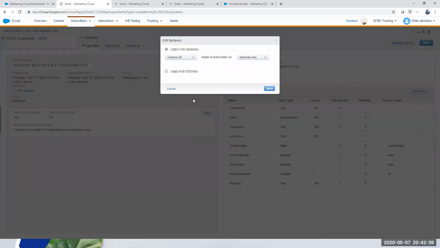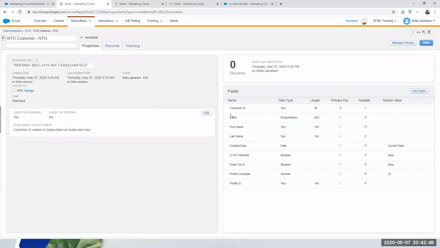If you click on this, you will have seen this at the bottom when you configured the data extension. You have to choose which field maps to the subscriber key. If you don't do that, Marketing Cloud and Email Studio will not know which field is going to map back to the all subscribers list. So in this particular case, this data extension is a sendable data extension, and the customer ID is the one that maps to the subscriber key. And I have an email address field here. So as far as Marketing Cloud is concerned, it has the two required fields that it needs to update the all subscribers list.